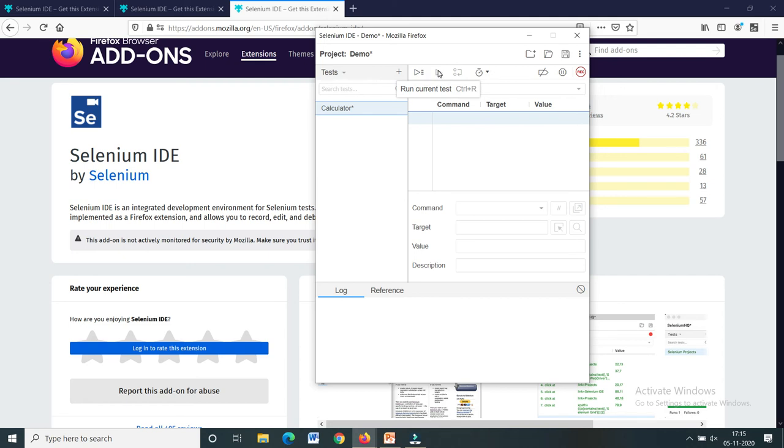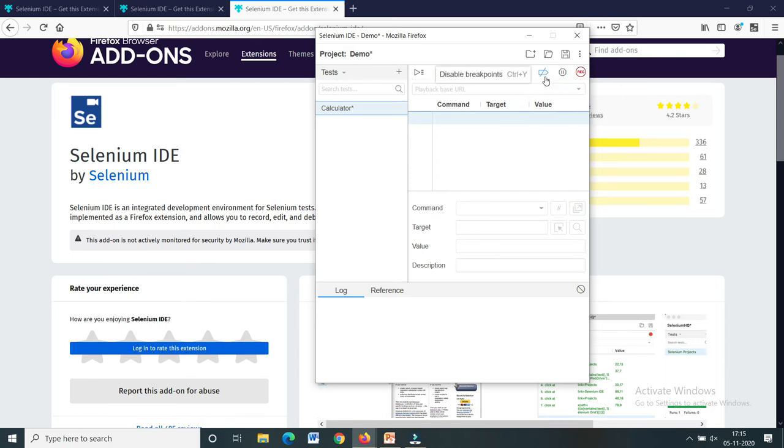Here is the run current test, which means a particular test can be selected and run. Next, step over current command means it contains the different commands like type, click. Here is the test execution speed, which is nothing but the playback speed, which allows you to control the speed of your test script execution.